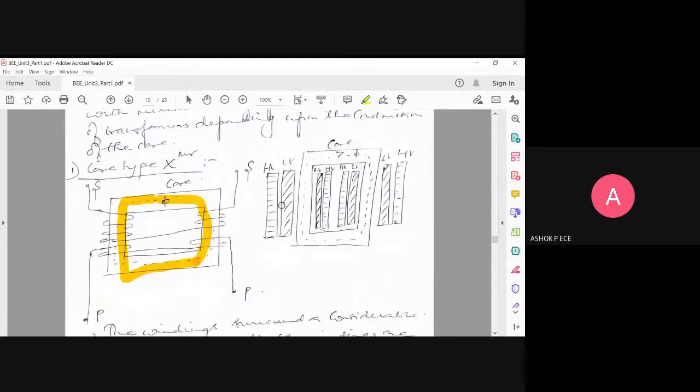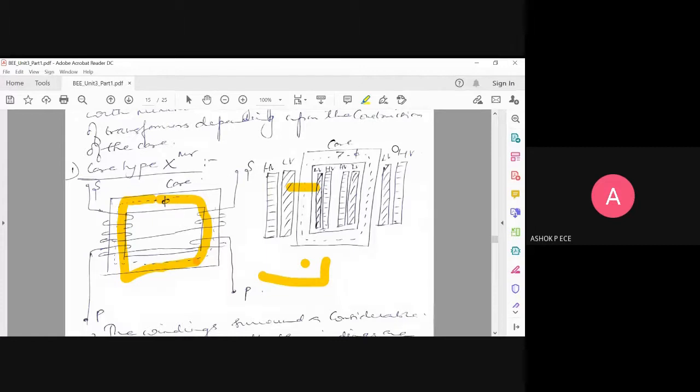And generally, if you see, the low voltage windings will be close to the core, and the high voltage windings will be away from the core. That is the terminology followed. So if this is the actual diagram, and you map the high voltage and low voltage windings, you can see this diagram. The general logic they follow is always that the low voltage windings are close to the core, and the high voltage windings are away from the core. You see here, in this case, the low voltage windings are close to the core, and the high voltage windings, this one and this one, stay away from the core.